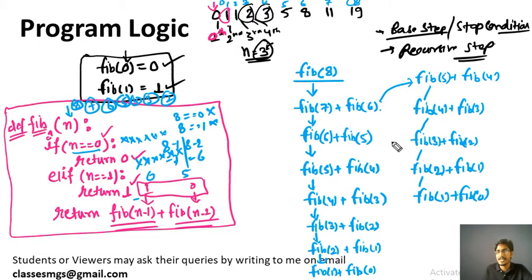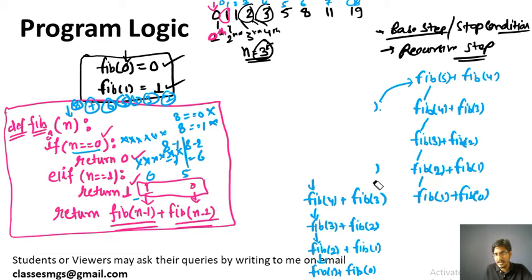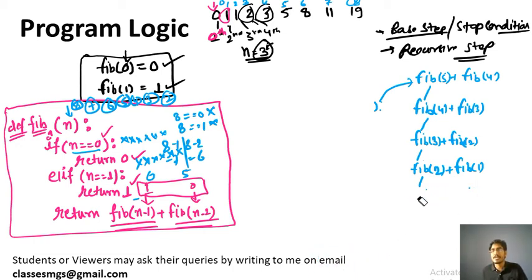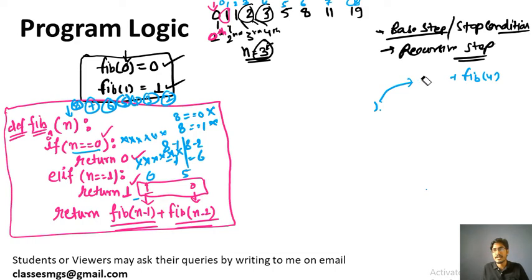Let me give a small example, because I am not able to write on this board, since the recursion is going very deep and it will be difficult to write on this page. So I am taking a small example so that you can understand, because this is getting bigger. I had taken a bigger term and I am not able to fit it on a single board. Let me take Fibonacci 4, this will fit here.